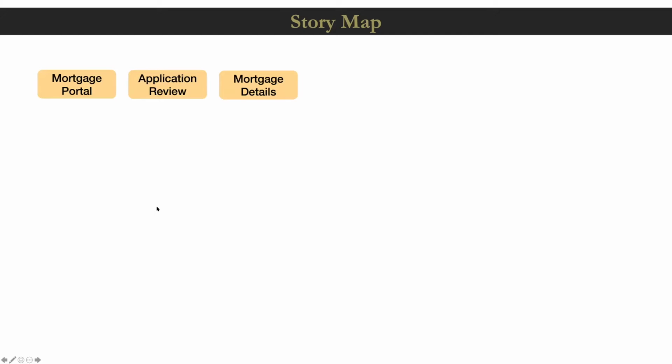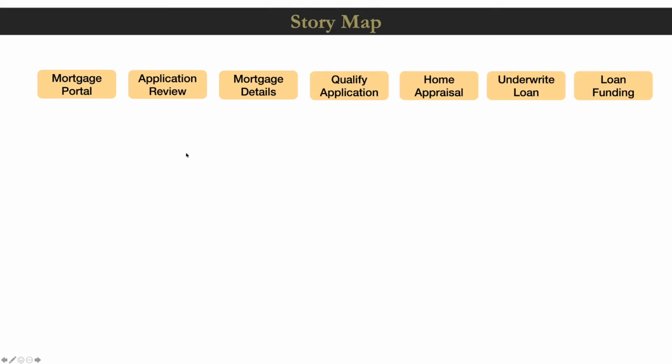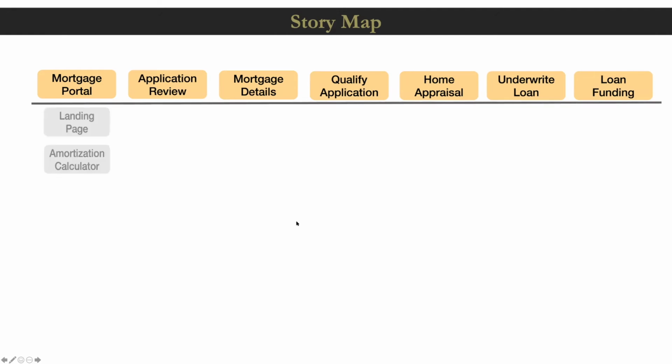Taking a step further, now we have an understanding of the journey of the persona. We know what they're thinking and feeling and hearing. Let's now talk about designing a feature for a mortgage portal that can review the application details, accept the information, qualify the application, get the home appraised, write the loan, and get it funded. So we've been able to break it down into these individual chunks. And at each activity, we can identify atomic level details,